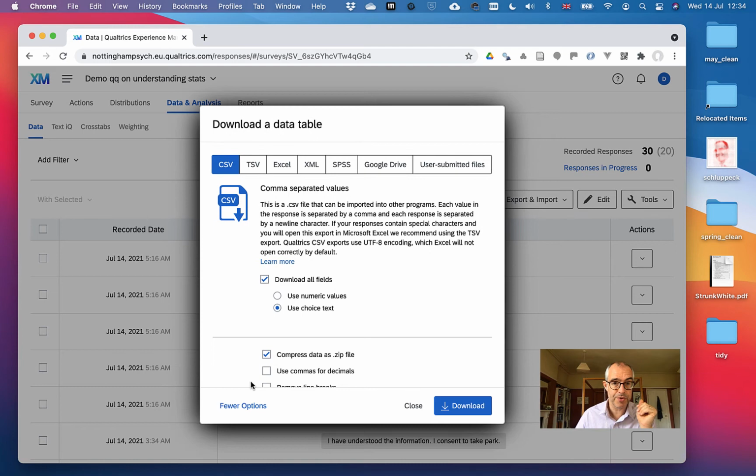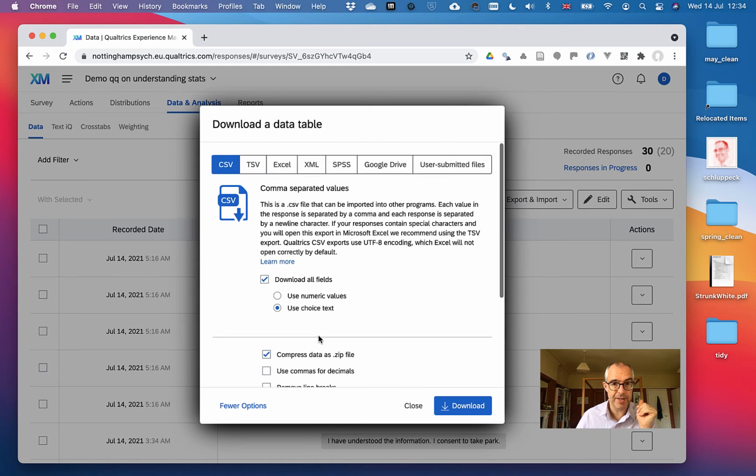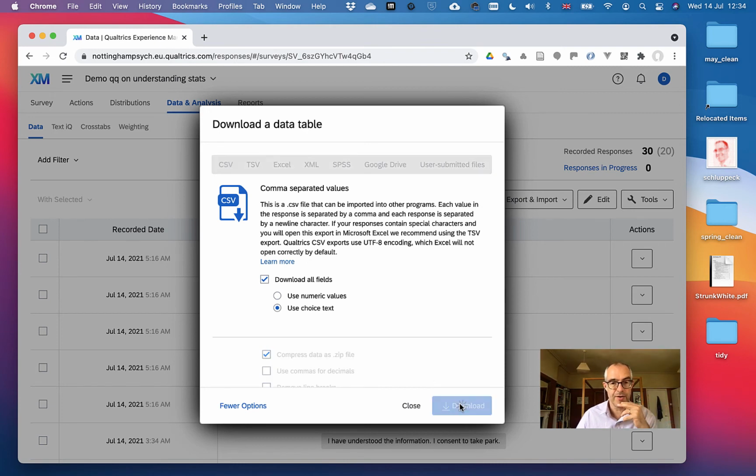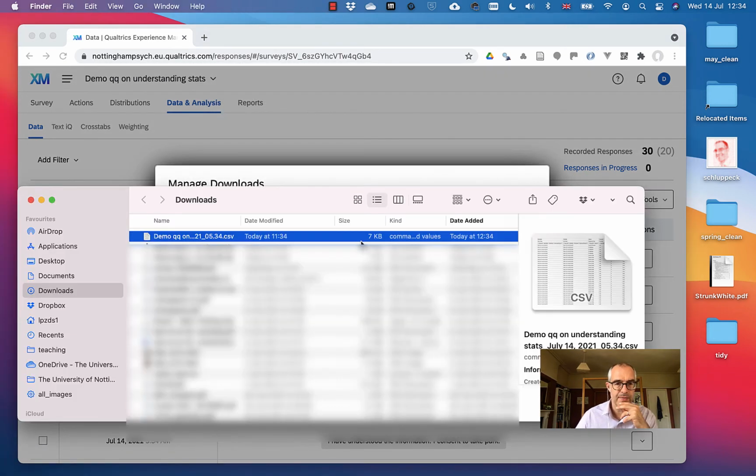There's also some other options to do with how the data are being downloaded. But in this particular case, this might be something that will save us potentially a step of extra analysis or recoding the data at some point. So that's useful to keep in mind. But for now, I just wanted to check whether the anonymization step actually worked. So I'm going to download that data set. It's going to take a second. And then it actually puts me there in my